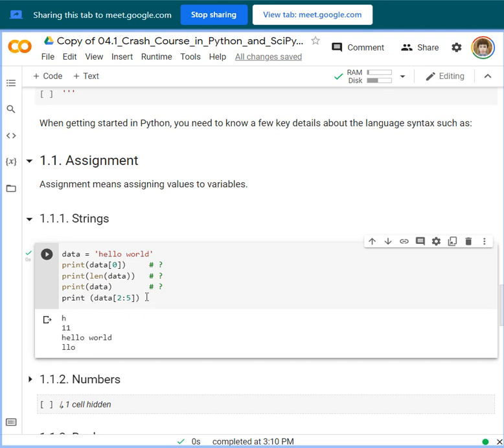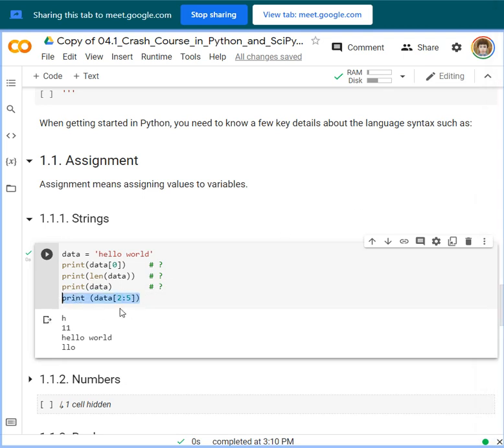Okay, so this prints the characters from position 2 to 5, which are L, L, and O. So you can test the string arrays like this.